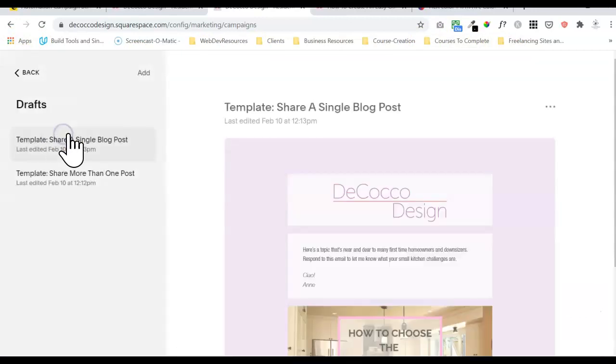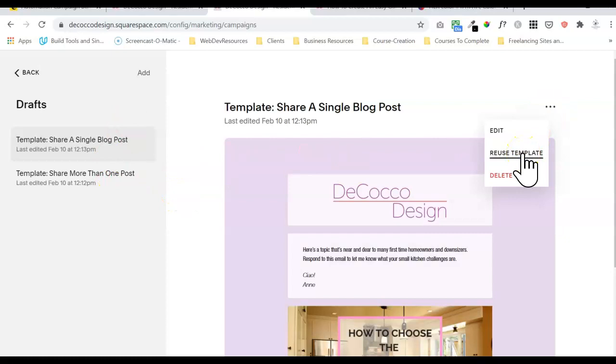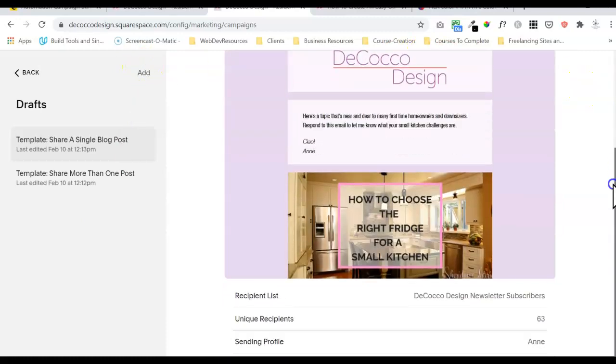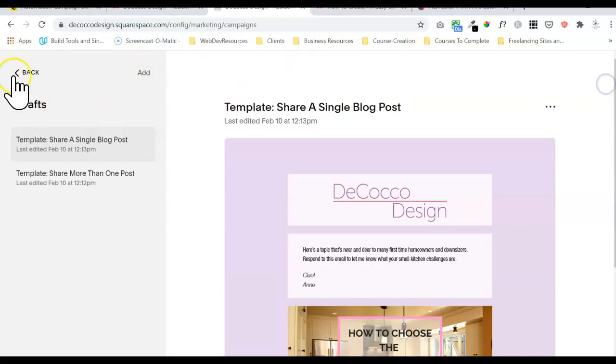So now you've got two lovely templates that are available for you to just come in and say reuse template the next time you want to send out. And of course you can always add new templates and use some of the cool layouts that Squarespace provides. Okay,